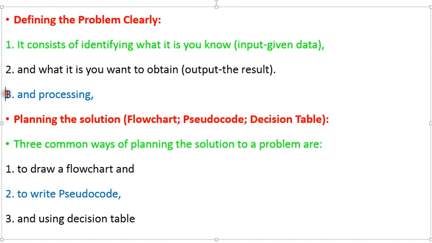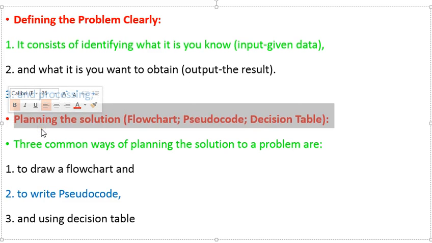After that, you do processing. What we call processing is the intermediate action that takes place between the taking of the input and the production of the output. Then, this is what we call defining the problem clearly. So after defining your problem,